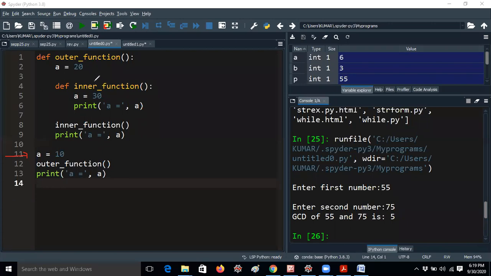Can you please tell me the answer? If you observe the program, we will get 3 print statements. That means we will get 3 values, guys. Which value will be printed first? Which value will be printed next? Which value will be printed the third time? You just mention it in the chat box. Don't be confused, guys.